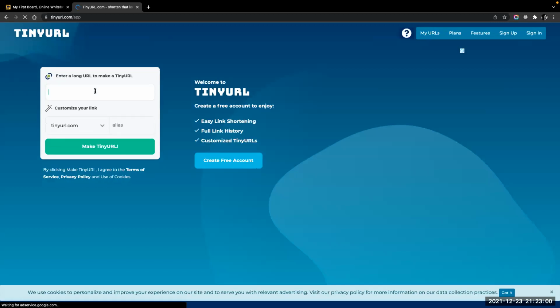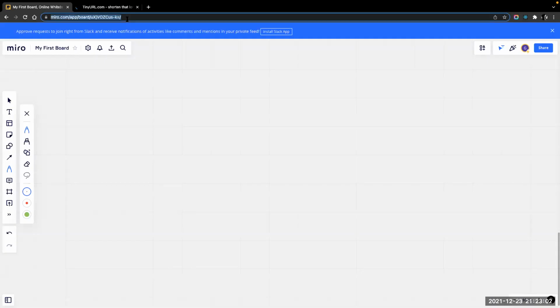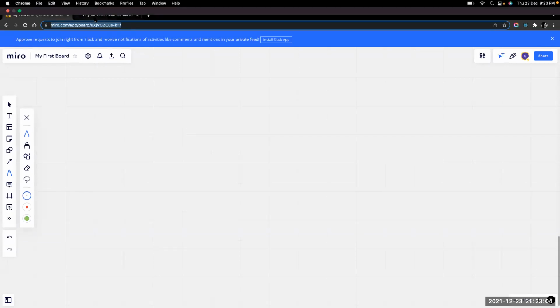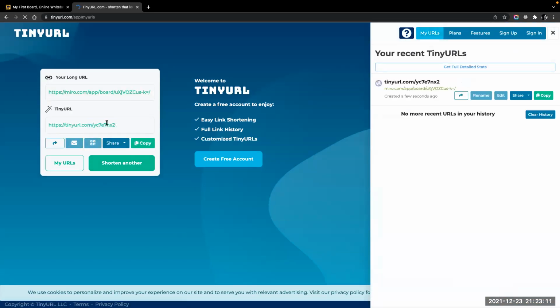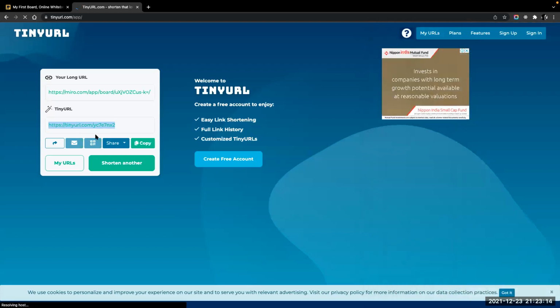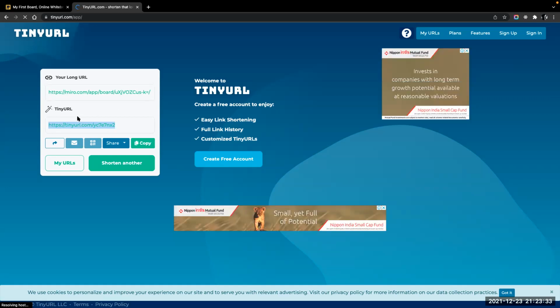Here in TinyURL, if you go and paste a URL here, and you make a tinyURL, what it will do is create a separate URL. These two URLs are the same. If you open this URL, it will open this particular website. Similarly, if you open this second URL also, it will open the same website. The only point here is this URL is completely masked, and it is made into a smaller format. You understood what is happening here, guys?